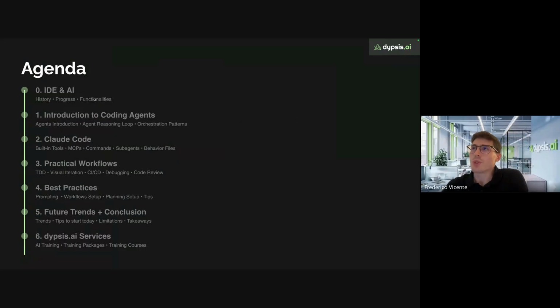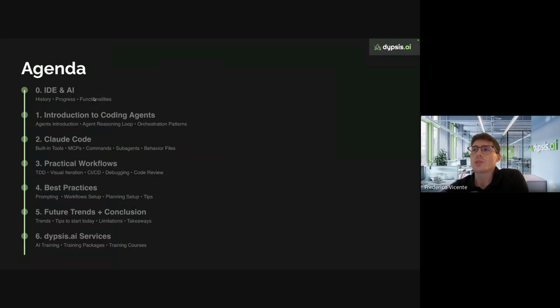So what are we going to talk about today? Firstly, we are going to talk about integrated development environments, and how AI is currently already present in this development environment. We are also going to talk about agents. We are going to introduce what agents are and coding agents. Then we will talk about Cloud Code, which is a very good example of a coding agent system, and currently one of the best.